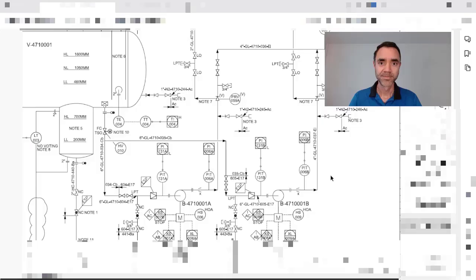To start with, pumps are one of the most common equipment that you will find in an industrial plant. Every time that you need to move a liquid from one point to another and you don't have enough pressure to perform this transportation, you will need to install a pump in your process. And one of the steps in plant design is to build the piping and instrumentation diagram, the P&ID.